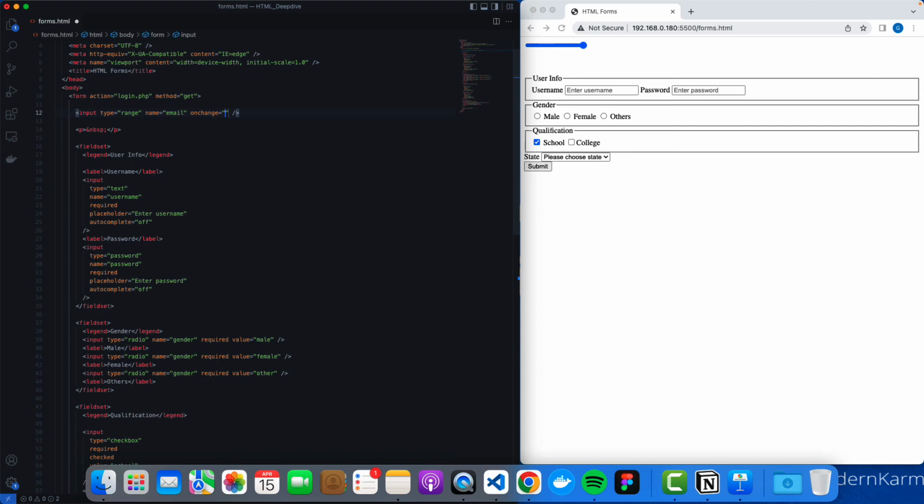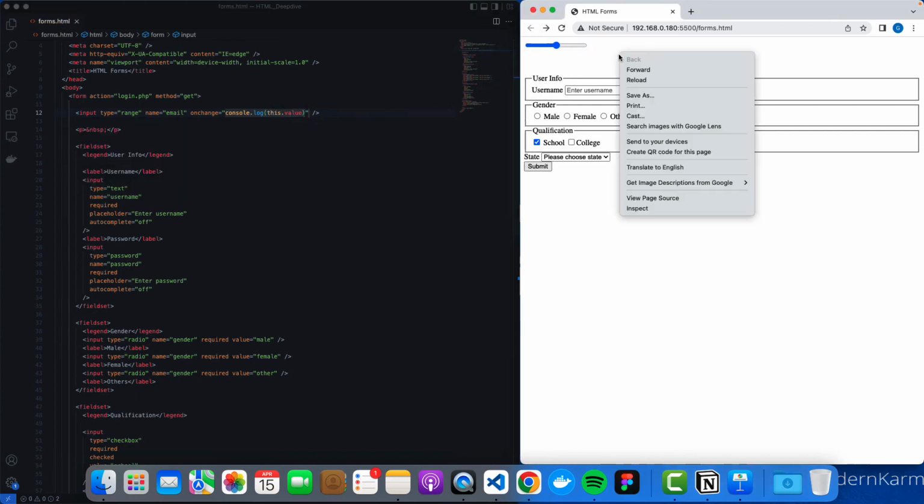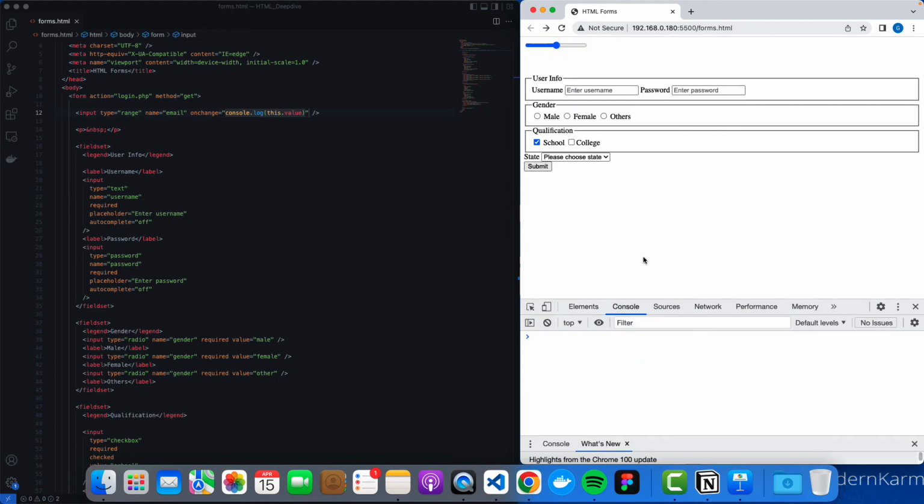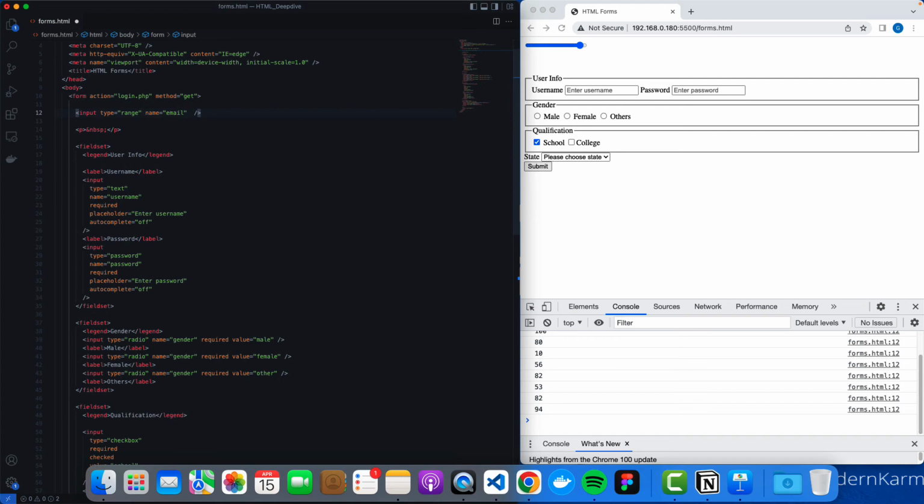On change, console.log this.value, and if I look at the log, see, the on change event is typically present in all the elements. You can subscribe on that, or you can listen on that event change, and you can get the value for all the controls. So we've looked at these instances, and we will look at these events in the JavaScript training